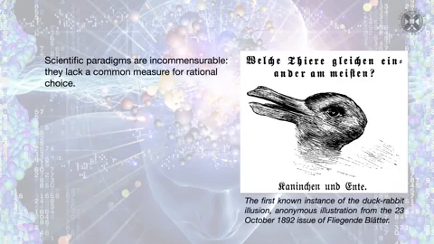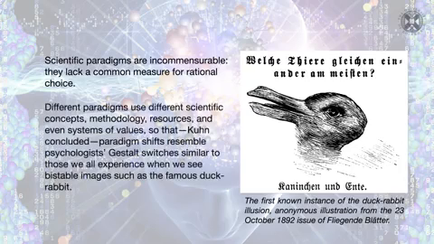Kuhn was absolutely clear that we can compare paradigms, but it was also clear that we don't have a common measure for judging, assessing, or evaluating whether one paradigm is better or superior to the other one. Different scientific paradigms use very different theories, very different concepts, but also different experimental and technological resources and systems of values, so that whenever we have a paradigm shift, we experience something similar to what psychologists call Gestalt switches, like those that we're all familiar with, as in the case of famous bistable images such as the duck-rabbit.